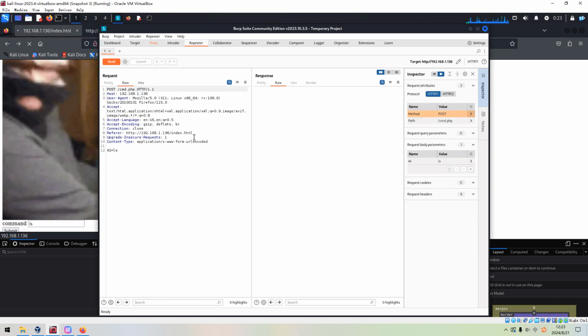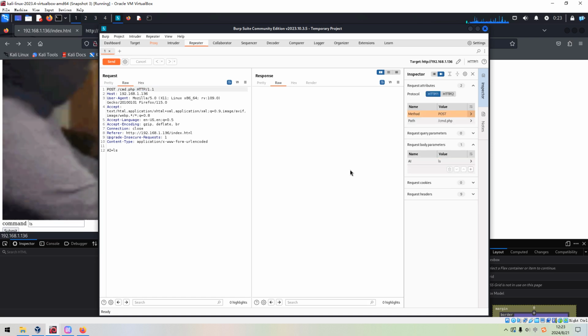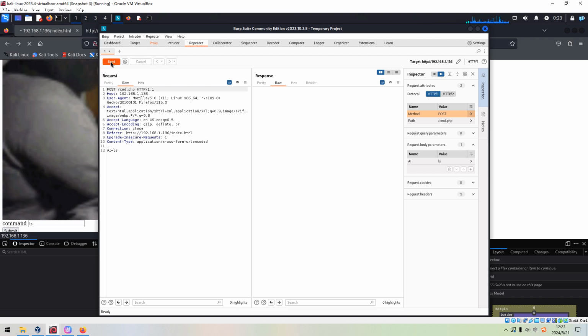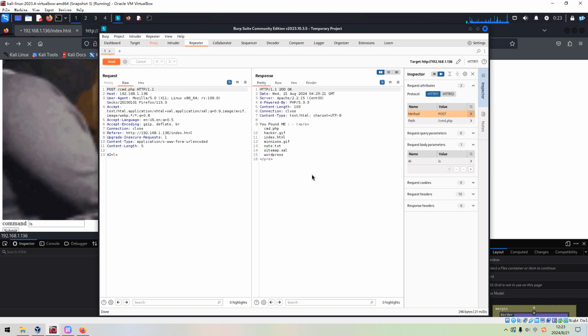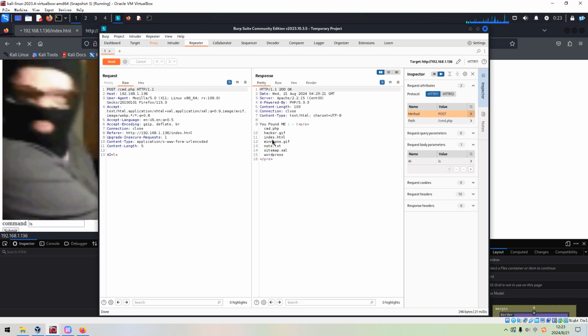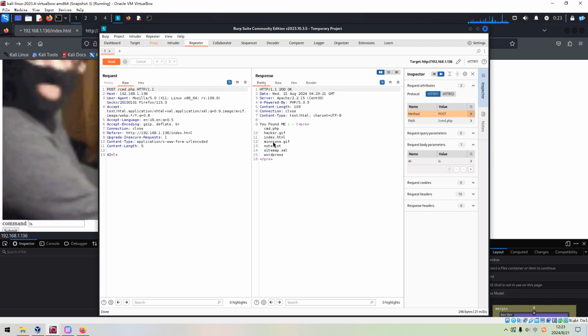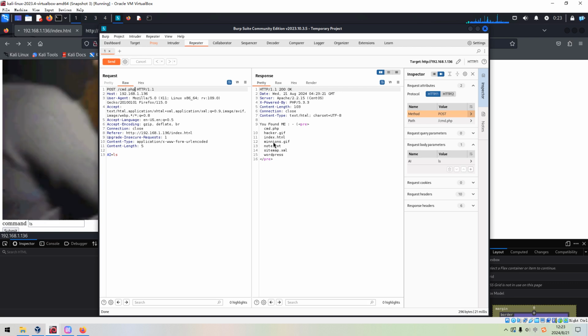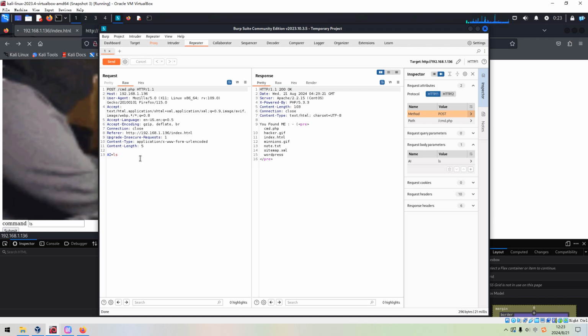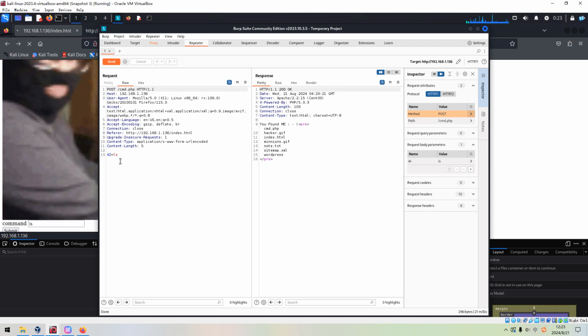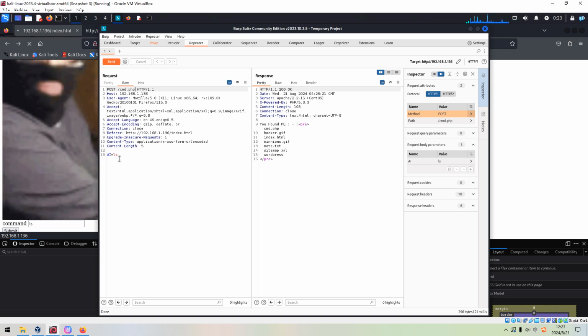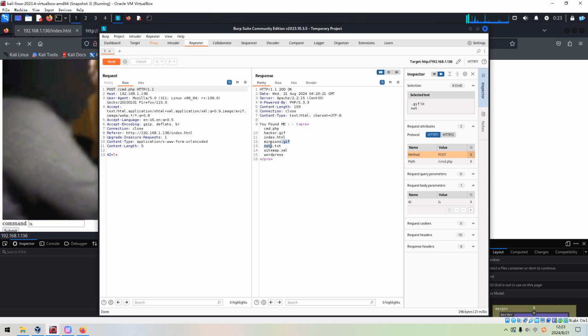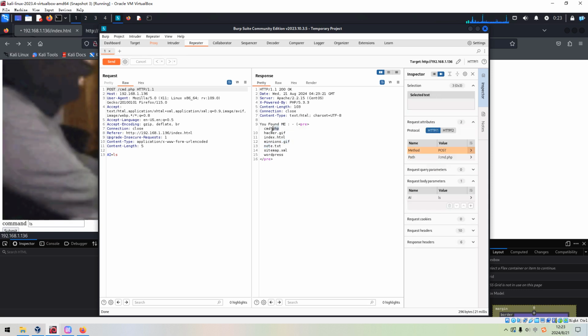Okay, so now I think we can send. As you can see, we got the content of the current directory, ls. I'm certain you know what the ls command does, okay? And note the cmd.